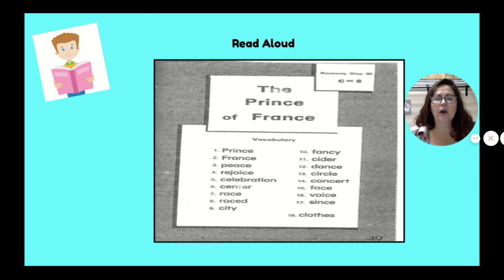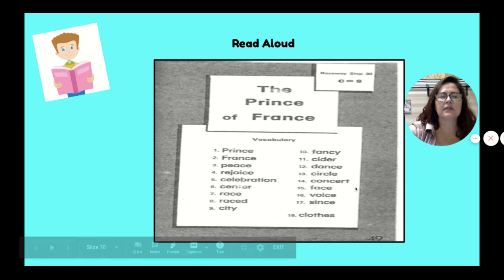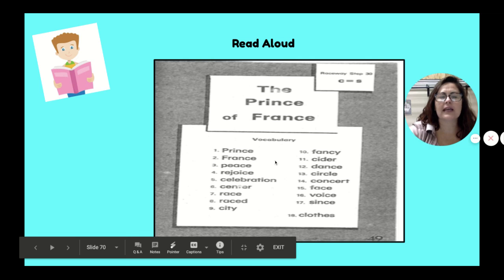Okay, now we are on the read aloud section. So we are practicing the soft sound for C. Remember, sometimes C says K and sometimes it says S. And in this reading, it's mixed up a little bit in a few spots. Most of the time, when it's followed by an E or an I, it says this sound. But you notice down here, we have this word right here, and it is not followed by an E. So it says the hard sound, and it is K,